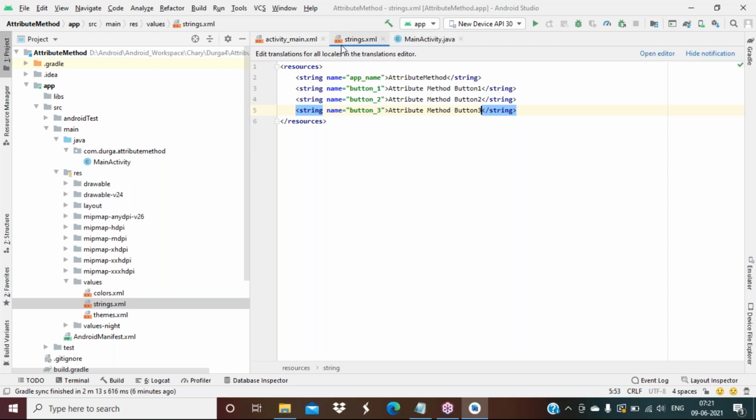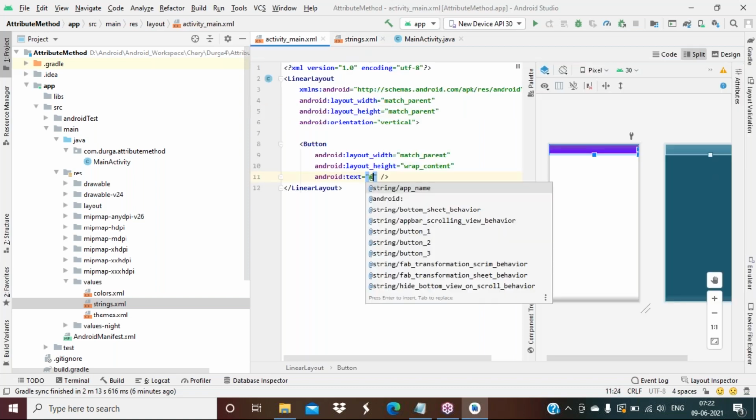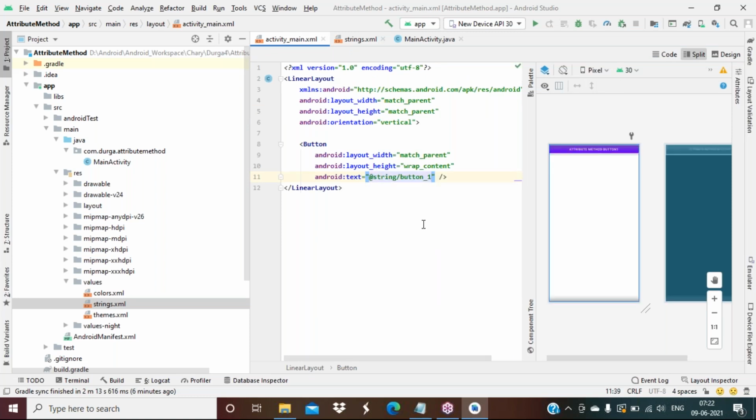Now come down here, you can write how I have to call button 1, right? This is the name I have to call like this. How to call: at the rate, see, automatically you will get once it is written button 1. So the button text will be displayed like this. Now there is no warning.